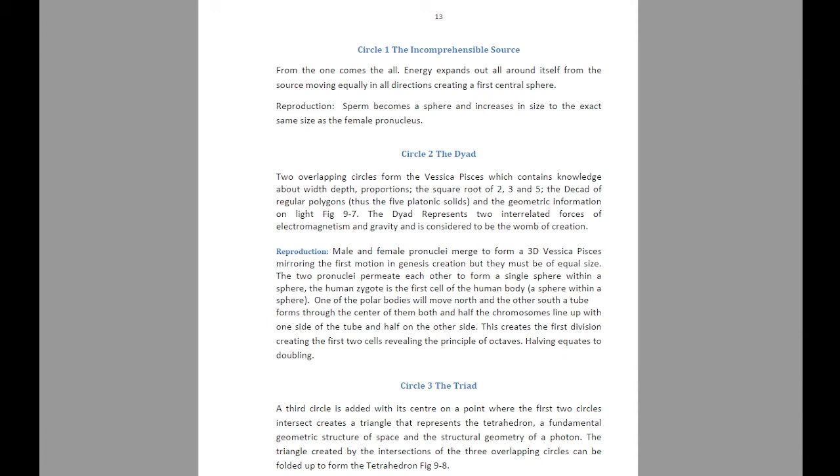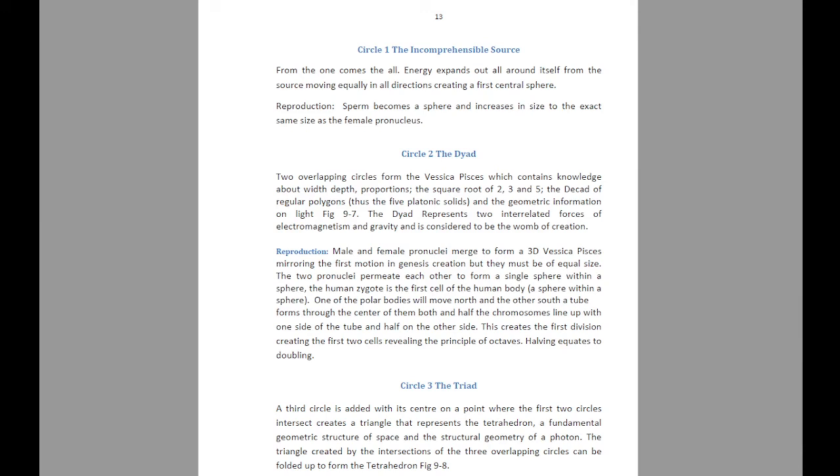Reproduction. Sperm becomes a sphere and increases in size to the exact same size as the female pronucleus. Circle 2: the overlapping circles form the vesica piscis, which contains knowledge about width, depth, proportions, the square root of 2, 3 and 5, the decad of regular polygons, thus the 5 Platonic solids and the geometric information known as figure 9-7. The vesica piscis represents 2 interrelated forces of electromagnetism and gravity